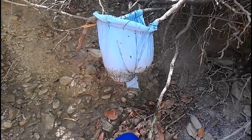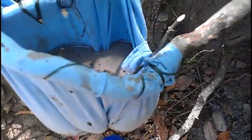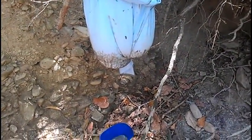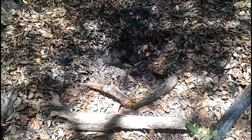Okay, so what I've done is I've filled that up quite a lot. You can see it's not too far from the rim. The reason why I've done that is the weight of the water on top will force the water through the filter faster, and we'll get better results. Also, if we have a situation where we're relying on water seeping through, it gives us,